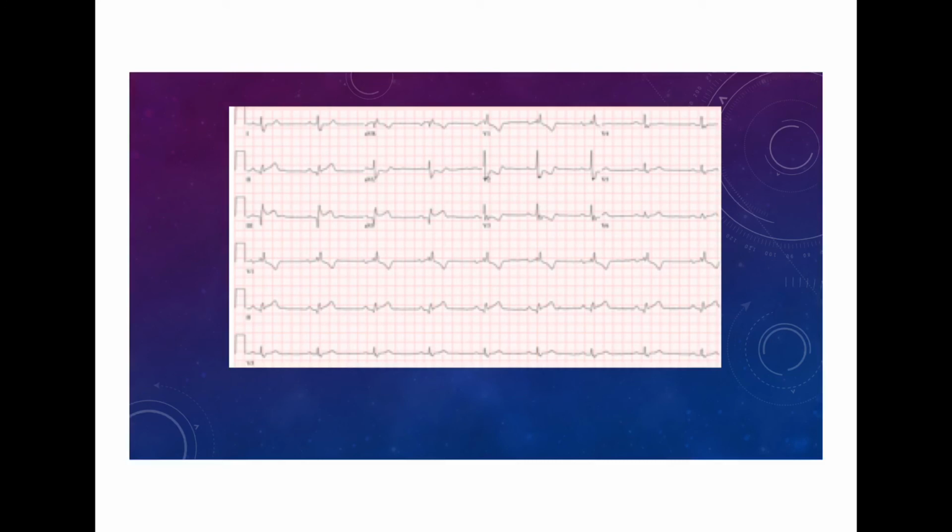Here's an example of how to put all this together. This is a patient who came in with typical chest pain and was found to have this ECG on admission. One of the few things that'll stand out to you is there's a pretty big gap between the QRS complexes in this patient. If you just count the QRS complexes, there's 1, 2, 3, 4, 5, 6, 7, 8, 9 QRS complexes in this 10-second strip,